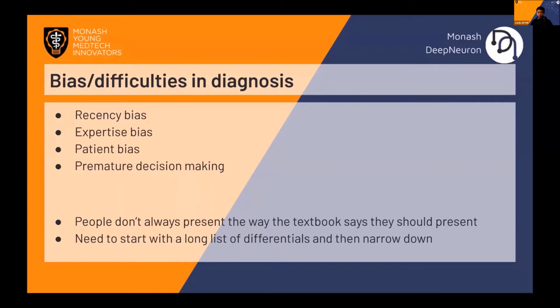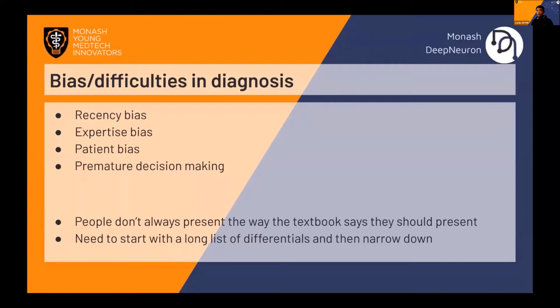There's patient bias. So obviously this is a patient-doctor interaction. If the patient is rude, then it can affect the doctor's decision-making. And if there's any barriers to communication, such as language, that can also affect the information that the doctor has to work with. There's also premature decision-making. So if all the information they have so far, like there's a fever that's fluctuating, they have a travel history, their mind immediately goes to malaria, but they need to look at all possible diagnosis so they don't miss out on anything. So they need to do the full history and full examination before they jump to conclusions, essentially.